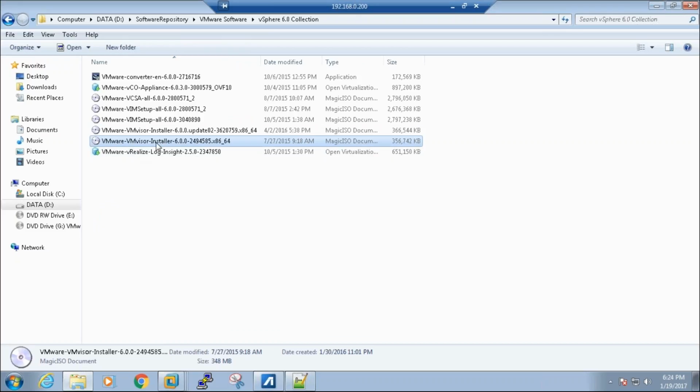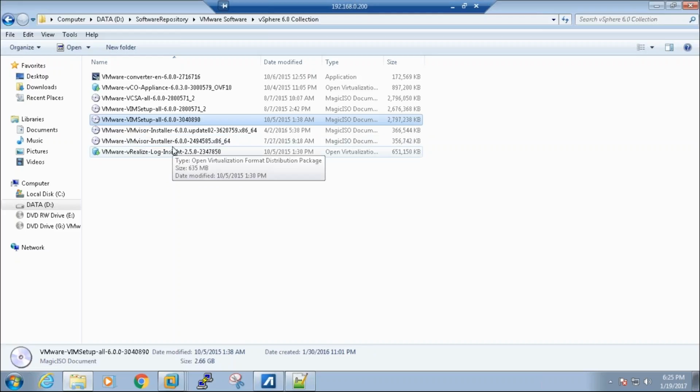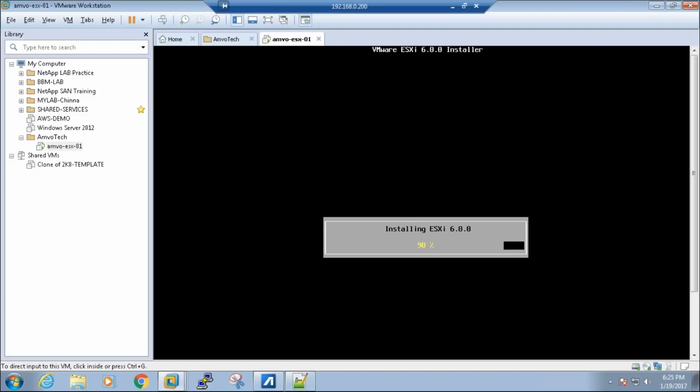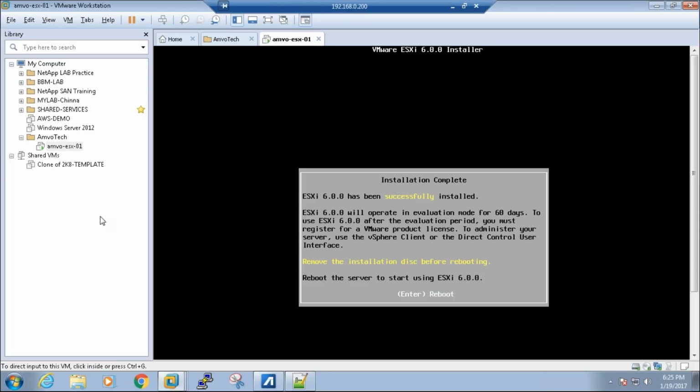It says VMware installer, and there you've got something else called VIM setup all, which is the vCenter server, likely about 2.6 or 2.7 GB in size. So the ESXi file is just 350 MB, that you need to remember. You download this, and you download the Workstation application and start practicing.